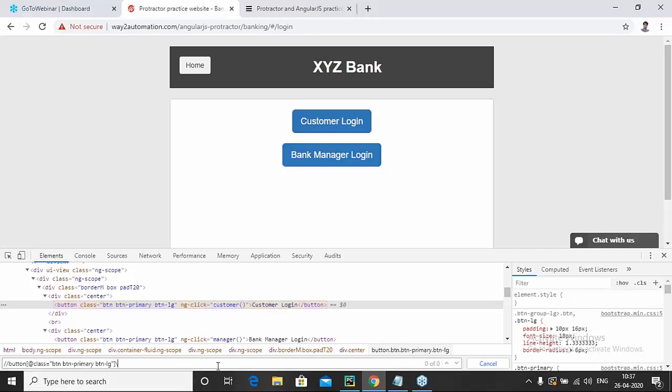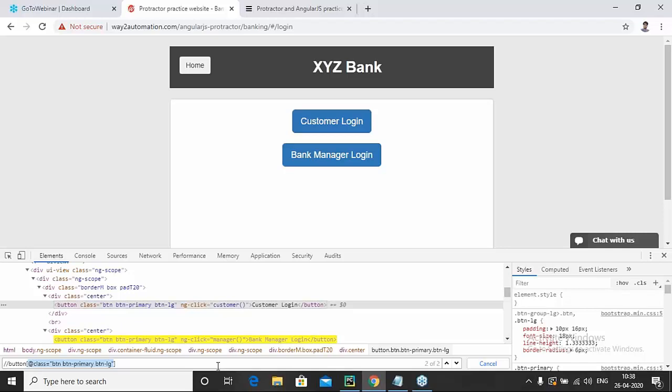If I click on enter, you guys can see the same is toggling above in the screen. It says, boss, you have two same classes available in the same button. Now the question comes, boss, how can I uniquely identify customer login? Now to do that, we have multiple attributes and properties of XPath, which we will be discussing when we will be dealing with the XPath lecture.